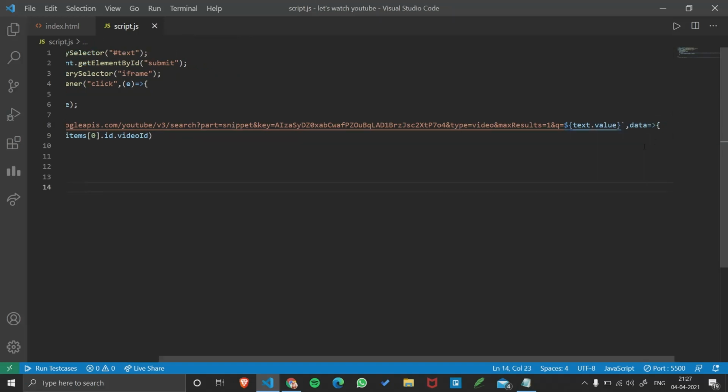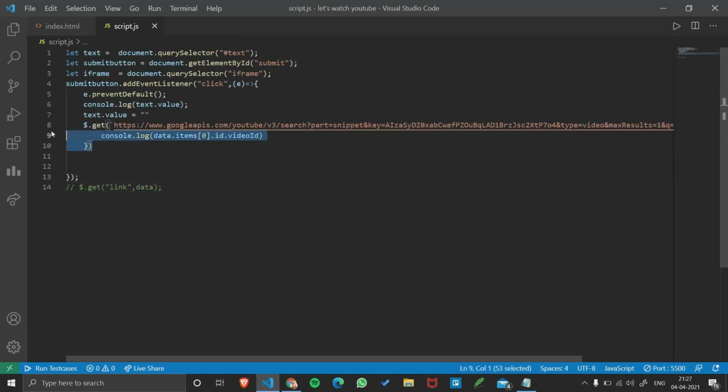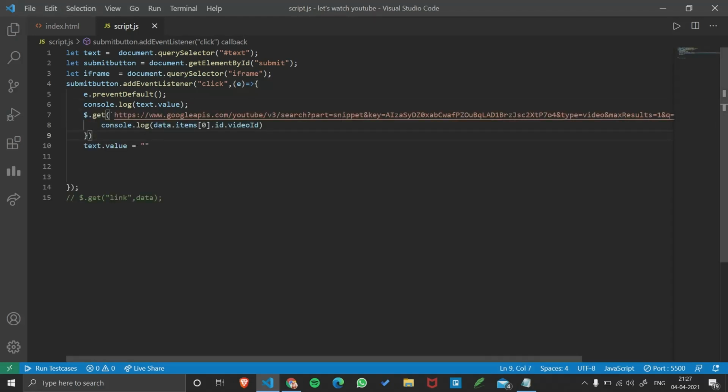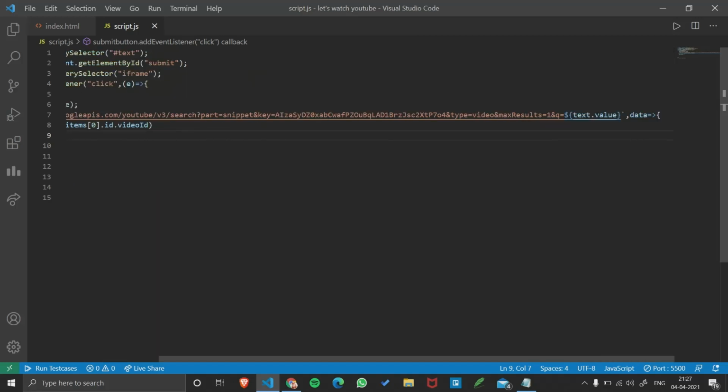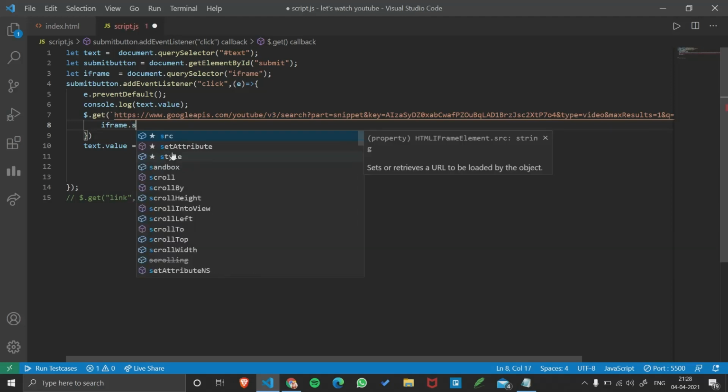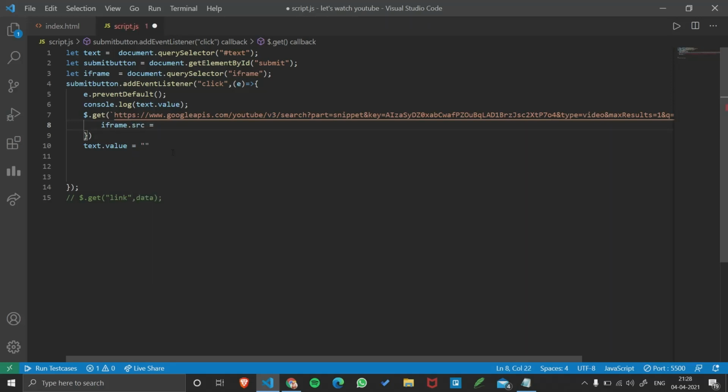Perfect. And I'll cut this link and paste it up here. So it will give me data. It will give me the direct ID. I don't want the ID. I will change it with iframe source. So I will do iframe source is equal to, okay, let me just copy that first. This data dot items, so it will be easier.